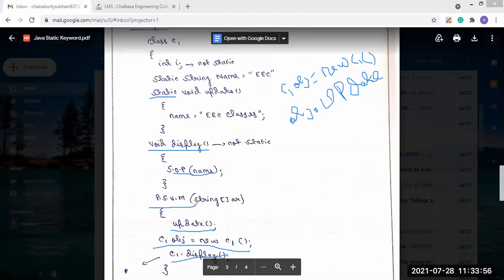Why do we use static in public static void main? Because whenever the JVM runs the program, at first the main method is called.